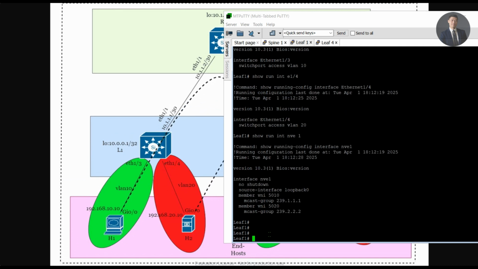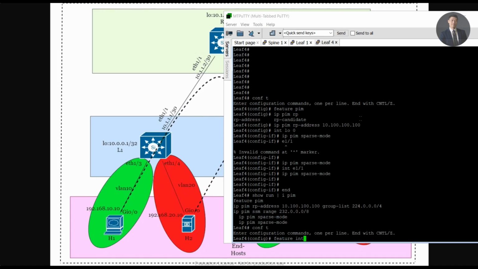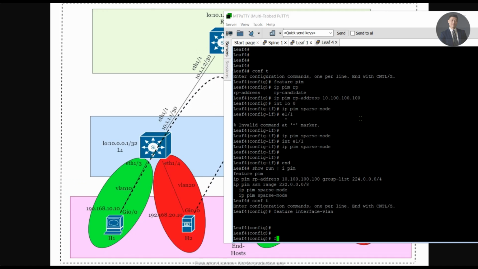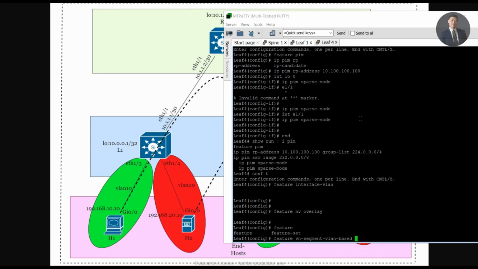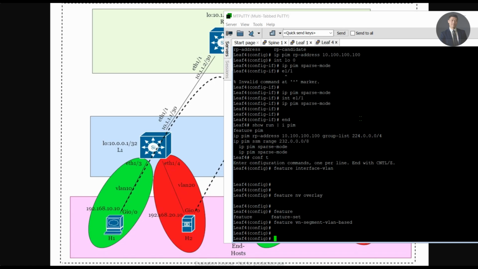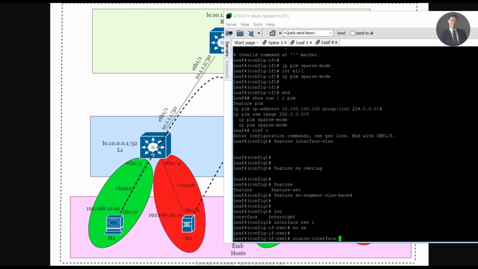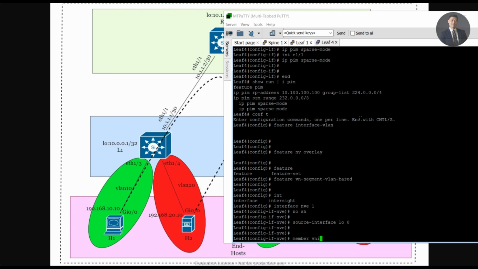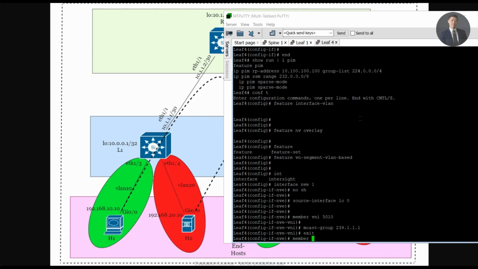So let's log on to leaf 4. Going about feature interface-vlan, feature nv overlay, feature vn-segment-vlan-based. Interface nve1, no shut, source interface my loopback 0, member VNI 5010, same thing, 239.1.1.1,